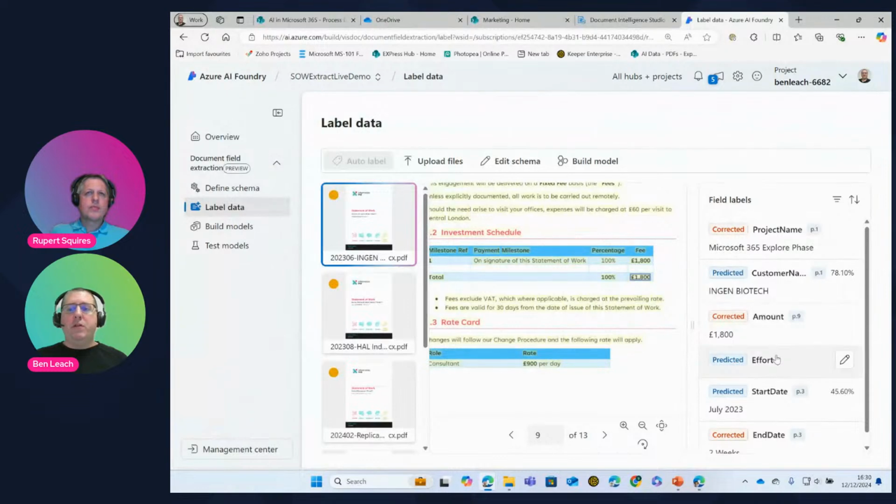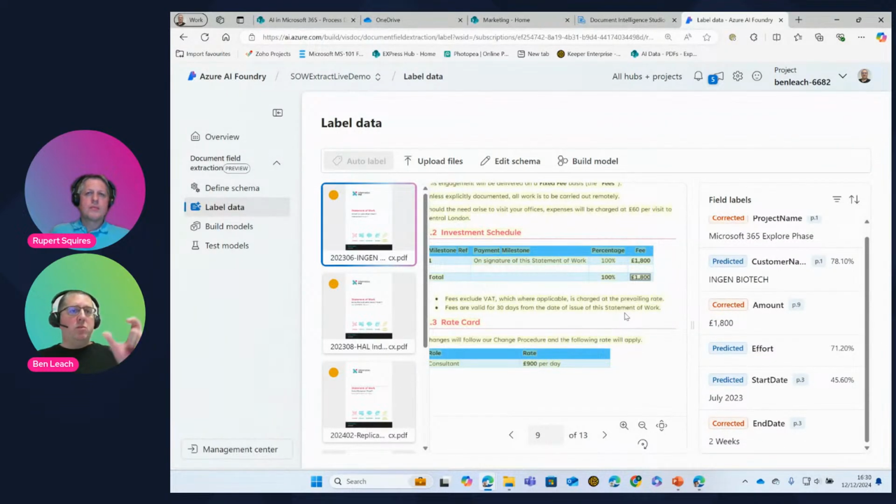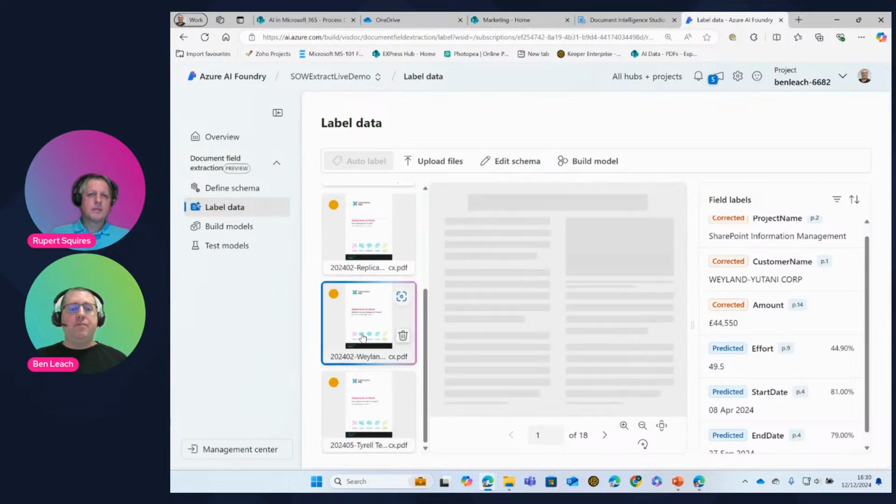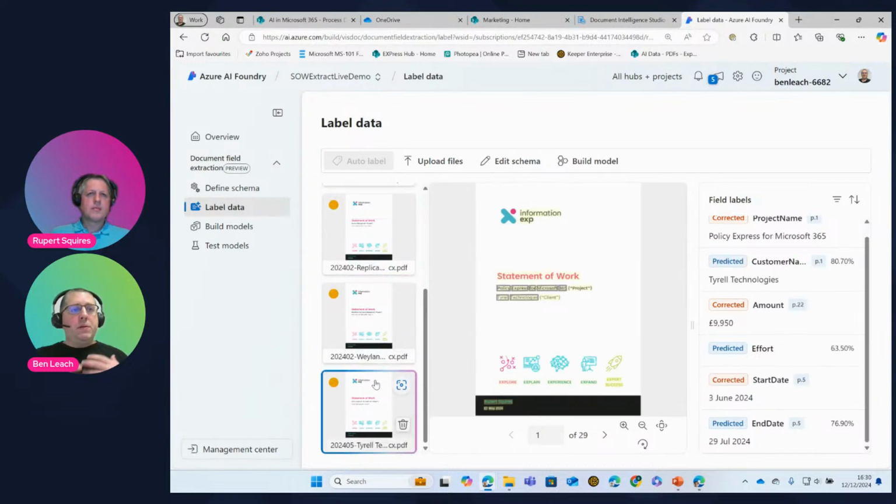Yeah, perfect. Okay, so we go through that, we drag those boxes around each of those fields on the right page that you want and apply it to each field there. And then we go through and just do that for each of those documents. So once that's done, I'm ready to